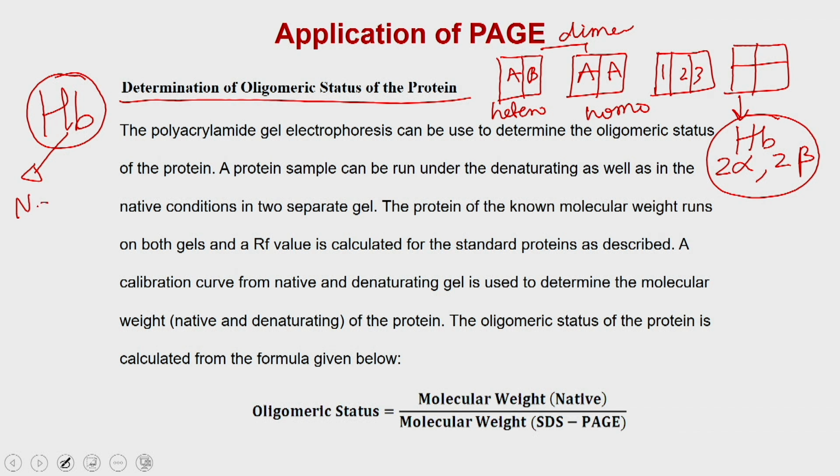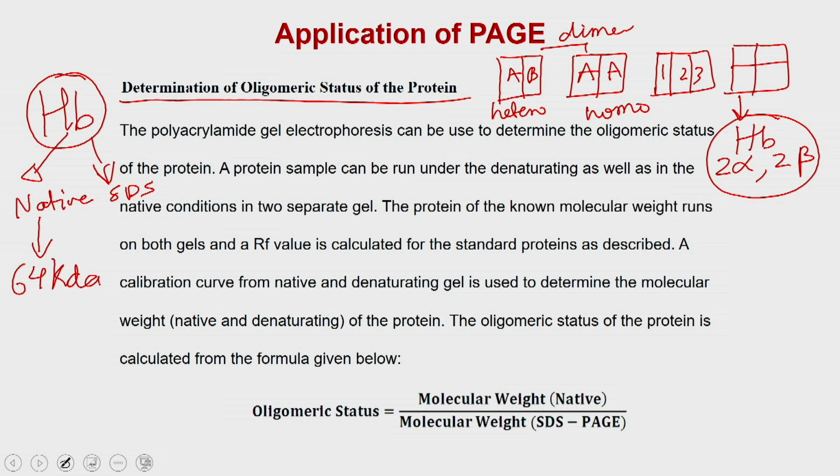One, I will use the native conditions, and the other one I will use the denaturing SDS based conditions. When I run it on the native conditions, it is going to give me a protein, and then I will calculate the molecular weight in both the conditions. I will calculate when it is in the native conditions